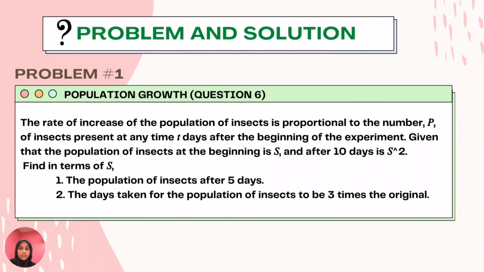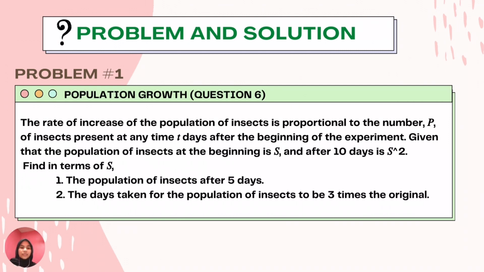Our first problem is about population growth. The problem is the rate of increase of the population of insects is proportional to the number P of insects present at any time T days after the beginning of the experiment. Given that the population of insects at the beginning is S and after 10 days is S squared. Find, in terms of S: